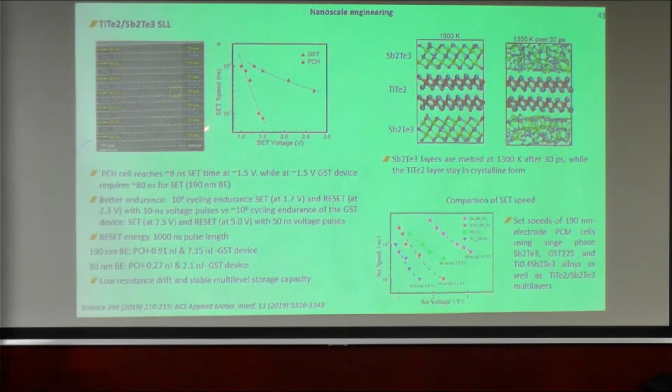and also the stack is made of these multi-layers, thin layers of 5 and 3 nanometers. The performance of such a stack is also nice. Also, they can perform very fast. If you look at these heterostructures, they require less set voltage compared to the single phase GST material. It's also pretty fast, needing around 8 nanoseconds for set time,